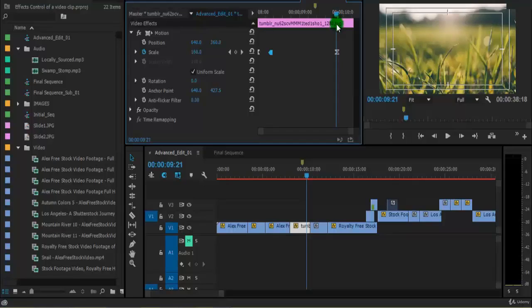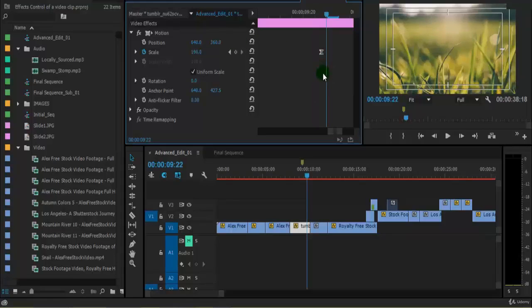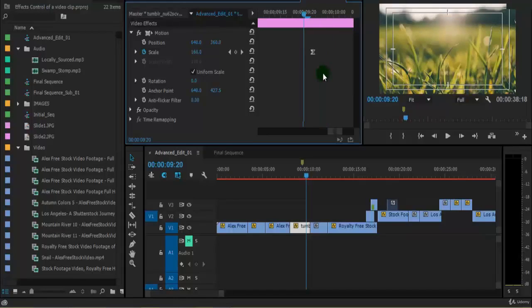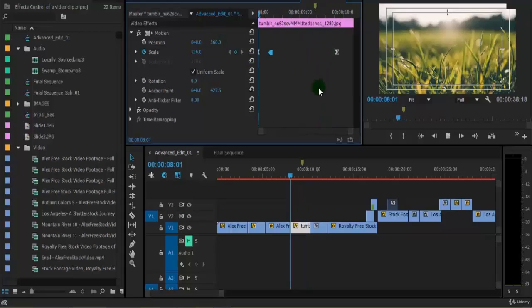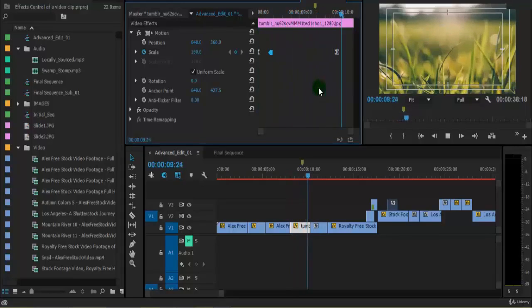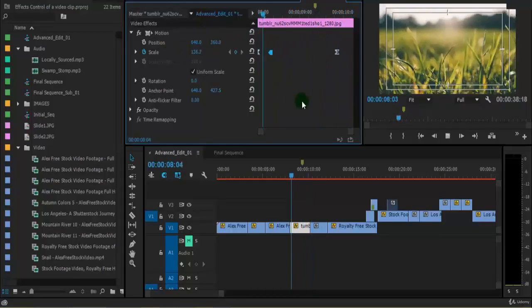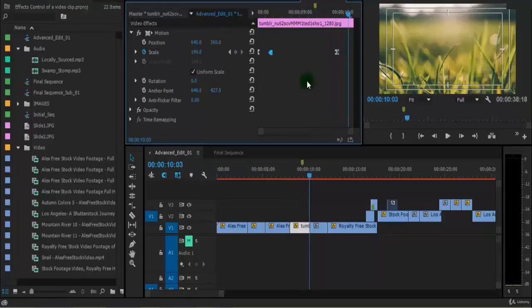If you see the value on this, it is 160 here, and when it goes to the next frame, where our keyframe is placed, it changes to 190. So what it does is it creates a jerky kind of animation. So it basically holds the data,